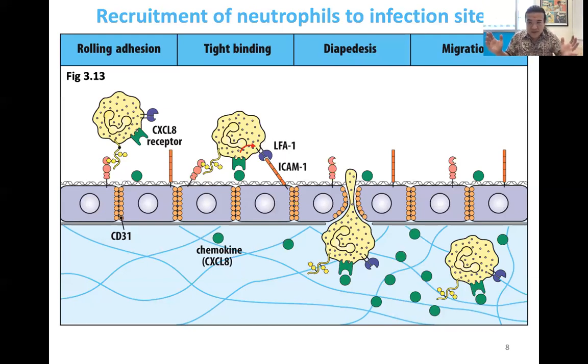How do you know that you're passing by the lungs, passing by your liver, right? Importantly, how does an immune cell know that it's actually really close to the site of infection so that it needs to stop and leave the blood to go help out, right? So we said that that's all taken care of by different combinations of receptors on the surface of something like